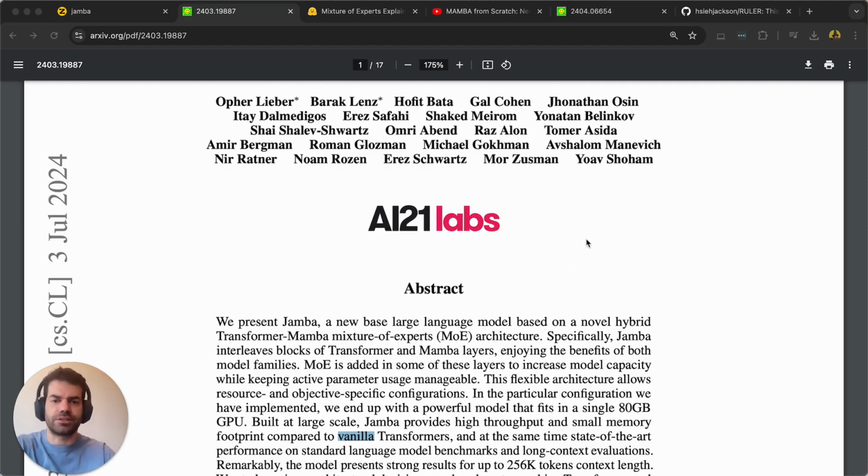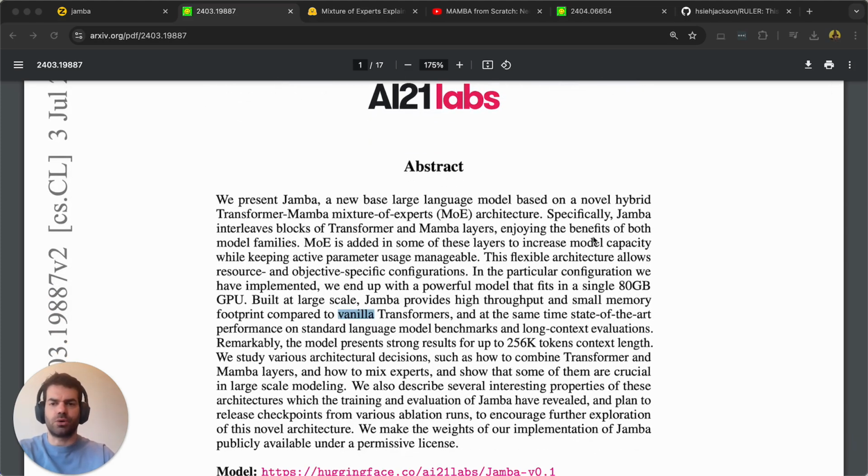So let's get started. Okay, and first of all, we're starting here with the abstract, where, like in every abstract, just presenting all the main points of the paper. Here they're presenting the concept of Transformer-Mamba mixture of expert architecture. Okay, these are three different types of architectures, all combined to create Jamba, okay, which is short for Joint Attention and Mamba. And really, the thing about this architecture is that the main advantages here